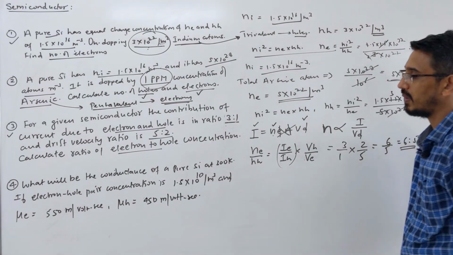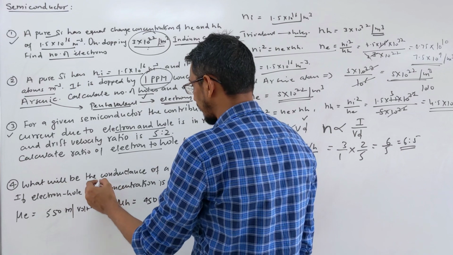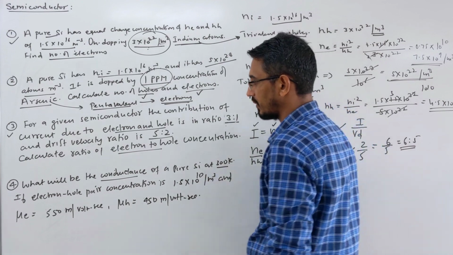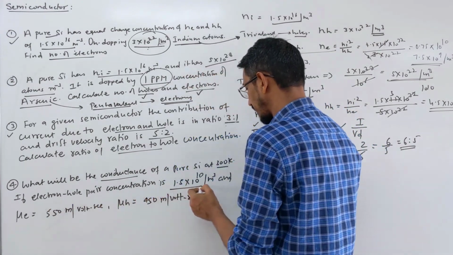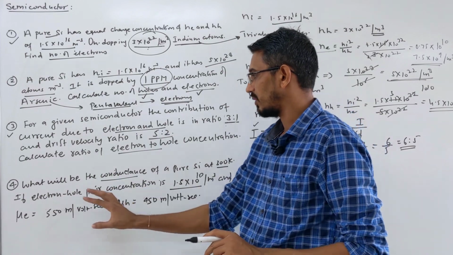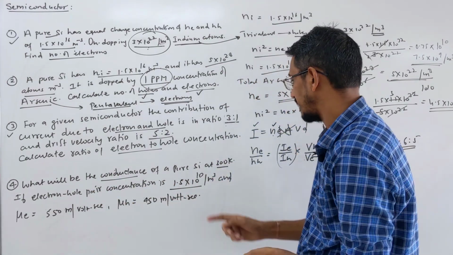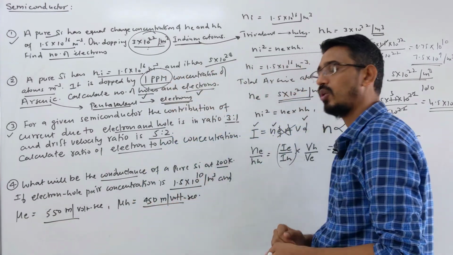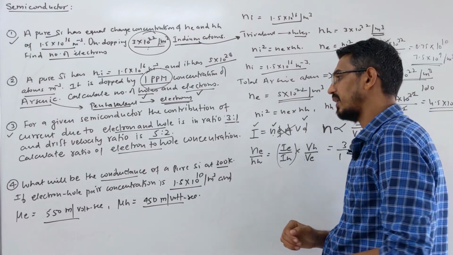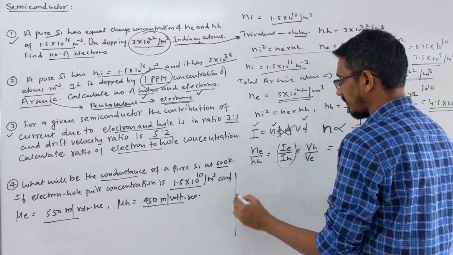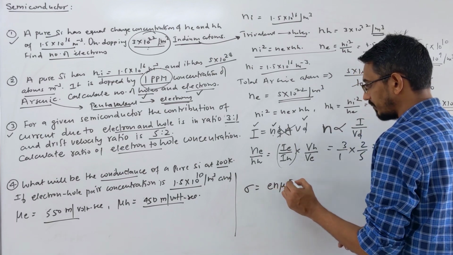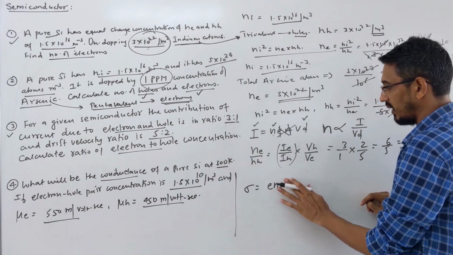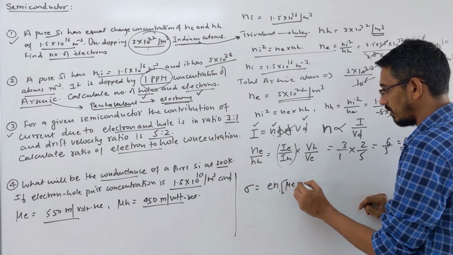Okay. Then see one more question here. What will be the conductance? They are asking the conductivity of pure silicon at a given temperature. The electron hole pair concentration is given, for a pure semiconductor the electron and hole concentration is always equal, and the mobility of the electron and the mobility of the hole are given. Mobilities are given, charge concentration given, and they are asking what? Conductivity. So conductivity, generally we learned sigma is e, n and mu. But for a pure semiconductor both will contribute, so e, n and mu of the electron plus mu of the hole.